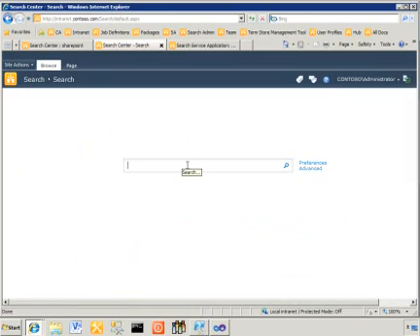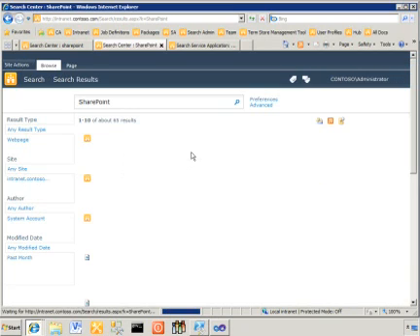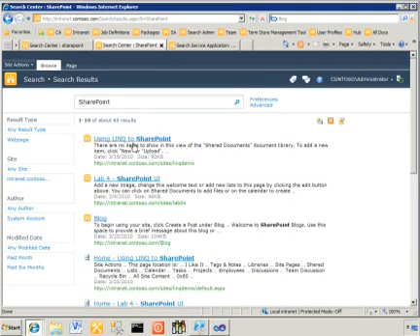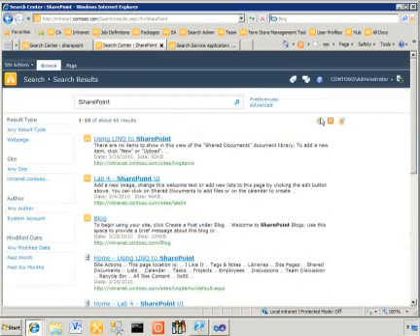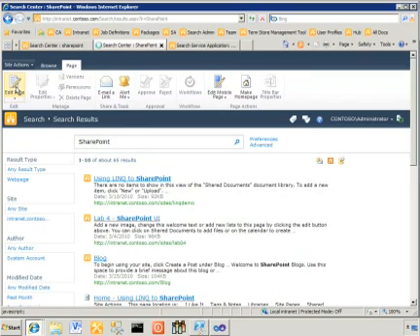Okay, so let's take a look at what this looks like out of the box. I just did a search for SharePoint, and this is kind of what the results are going to look like out of the box. But in our particular case, we want to change this. So I want to go to the page. We want to edit this page,